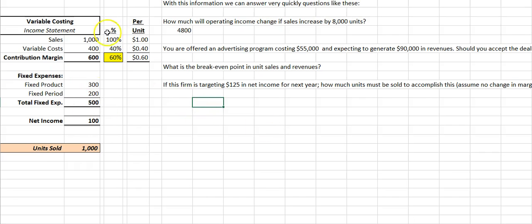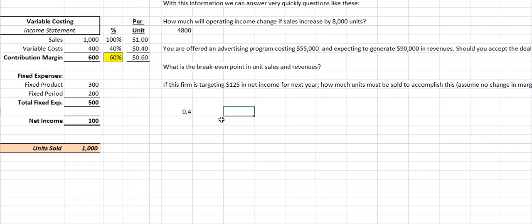Another example of what we can do with this margin is pricing. I forgot to mention that one, right? Let's say you know that it costs you 40 cents to produce your product, right? And you're thinking, okay, it costs me 40 cents, I don't know what to price it for. I could price it at any level I want because I don't have competition. But if I go too high, demand will probably go down, and if I go too low, I'm going to leave some money on the table,